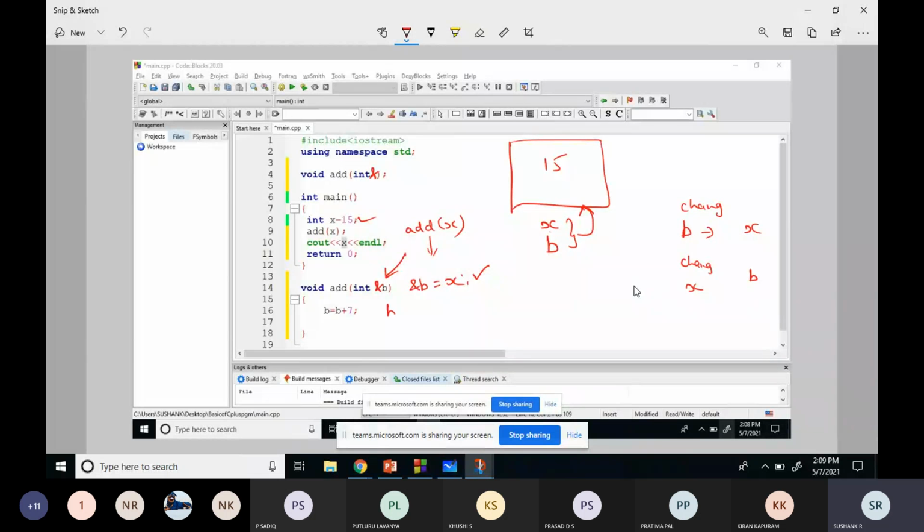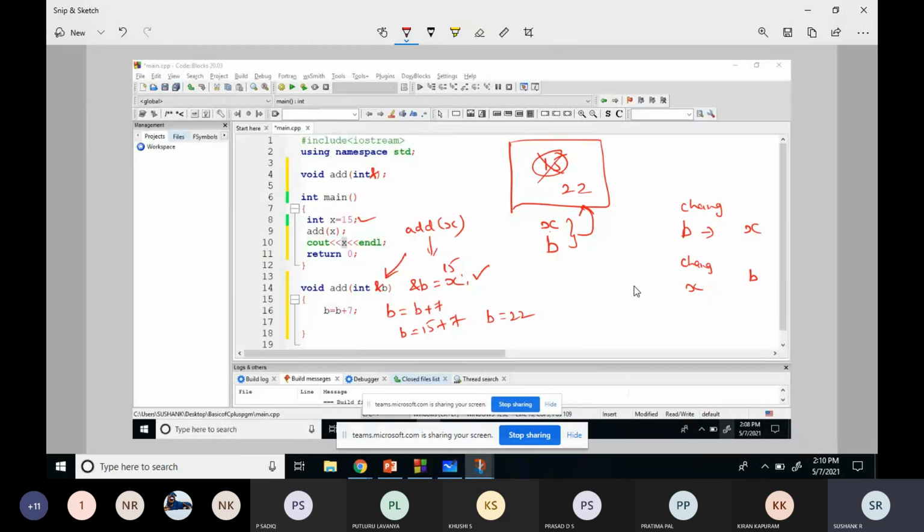After this, b is equal to b plus 7. What is the value of x? The value of x is 15. So it is like b is equal to 15 plus 7, because it is pointing to the same memory location. So b will become 22, and this 15 will be replaced with 22.